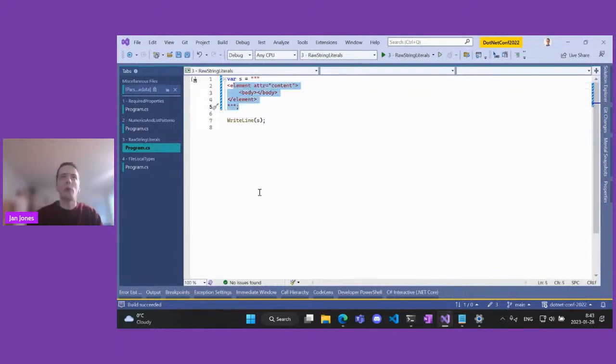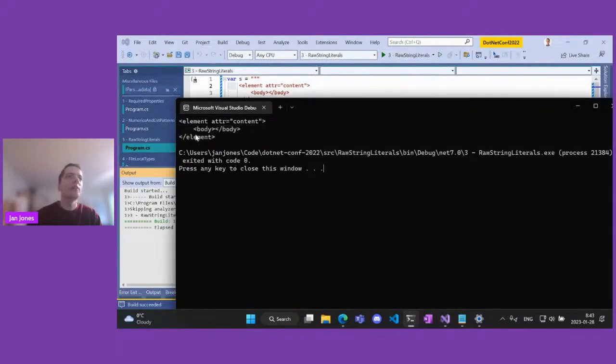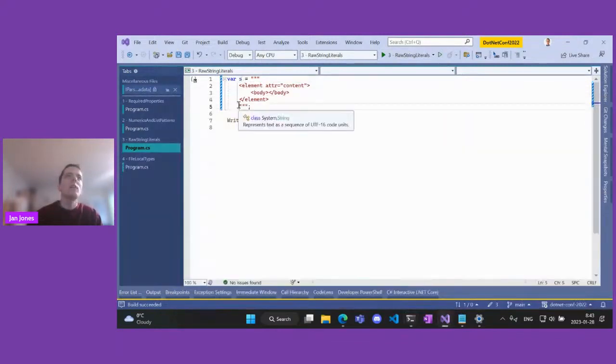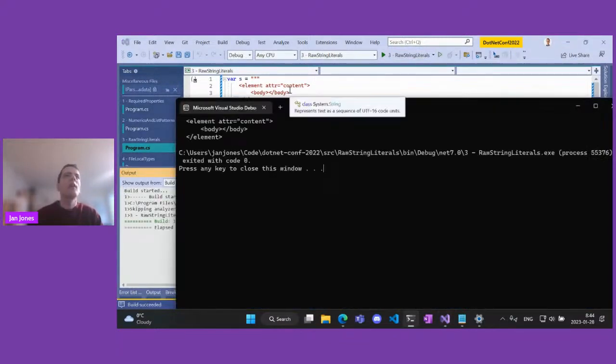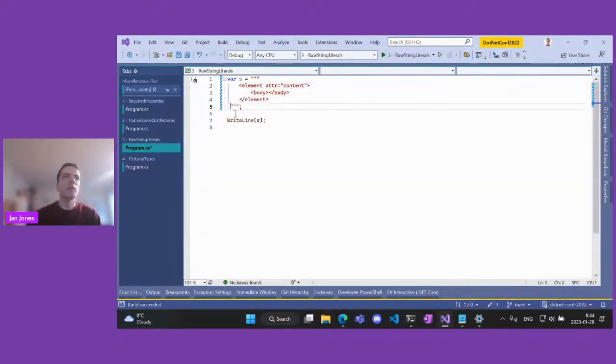And what's really nice about raw string literals is I can do indentation. So if I indent here, this whole indentation will be removed. I can see that it's still the same thing. The way this works is it looks at the last quote here and removes the indentation before it. So it will remove 4 spaces here. If I move this here, then these spaces will be preserved in the raw string literal, right? They're here. So this is really nice if you are in a method, for example. You can indent this any way you like, and it will look nice.